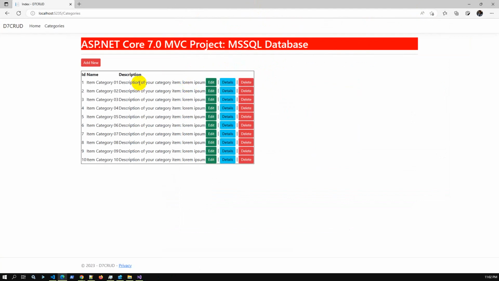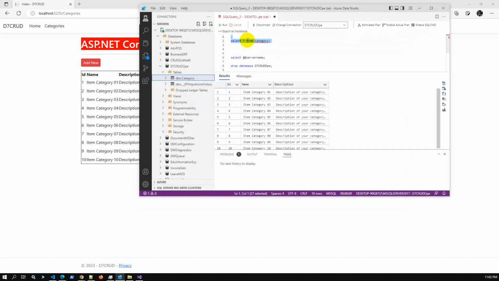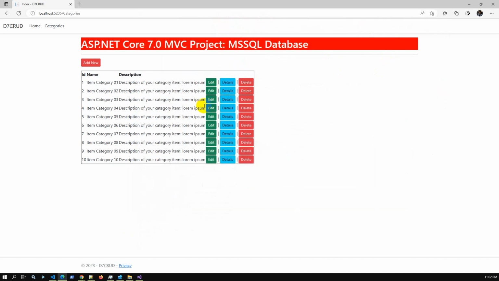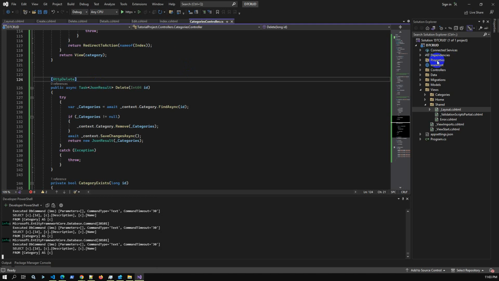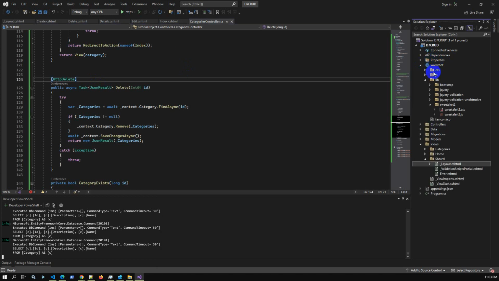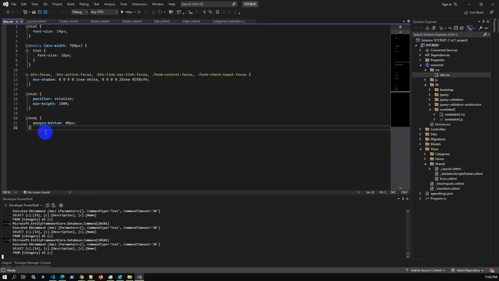Yes, successfully we can see 10 data has been created, and if we check our database also we can see 10 rows have been created, but the table looks not beautiful. Let me beautify this table by adding some CSS. For beautifying this table we have to go to the CSS file, site.css. I will create a table template CSS for beautification of the table structure,